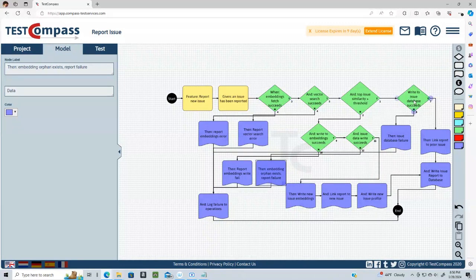And so now we've got all of these error cases covered. We have the case where the database write doesn't succeed on a new issue. We report that failure. We've got where it doesn't succeed on a prior issue. And where the embeddings fail, we just say, hey, we couldn't do this. And then we get a failure on the write of the profile, and we say, well, now we've got an orphan in the system. We're going to tell the user about it. We're also going to log it to operations and go to the end. And this